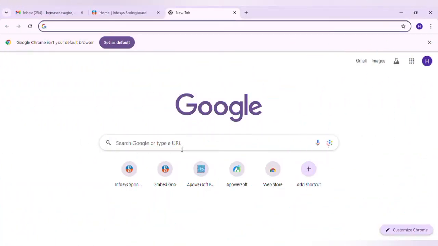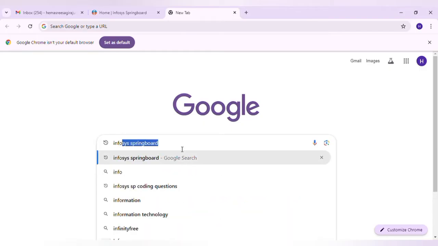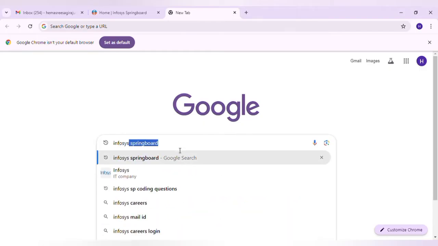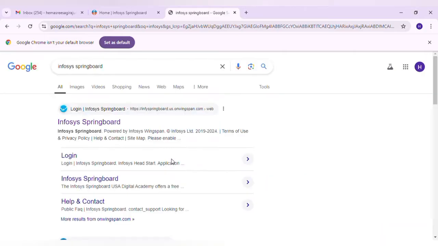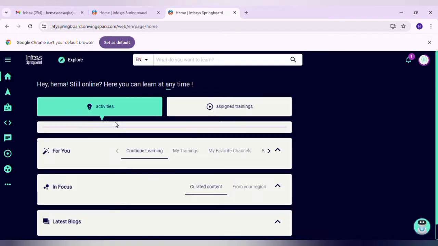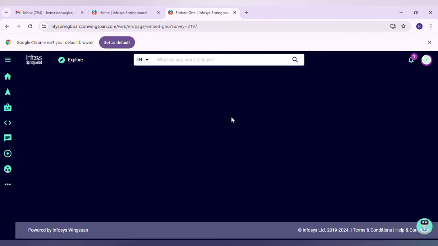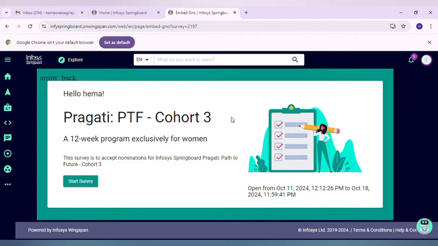To get started with Infosys Springboard, go to Google and just type Infosys Springboard, as shown in the video. You will be redirected to that page. Just click the first link. If you are using it for the first time, make sure you verify your email and secure your password. You need to log in using the registered mail ID as shown there. Click here to register. If you click that, you will be receiving the